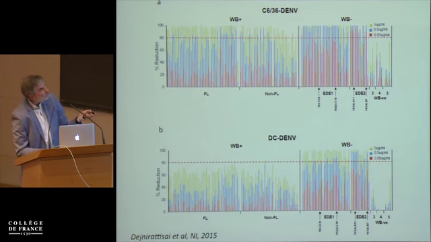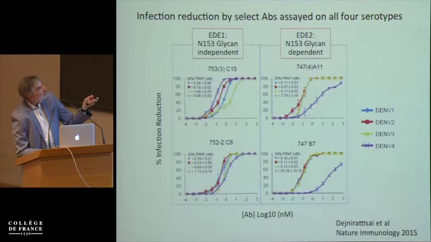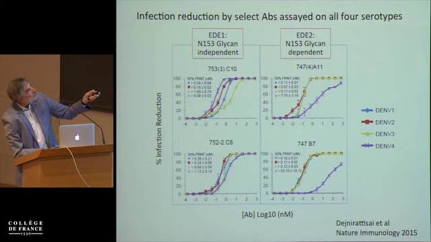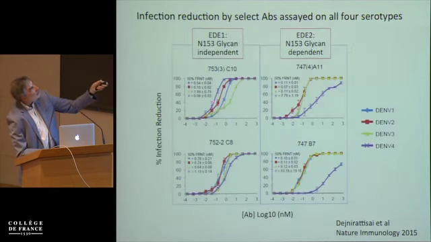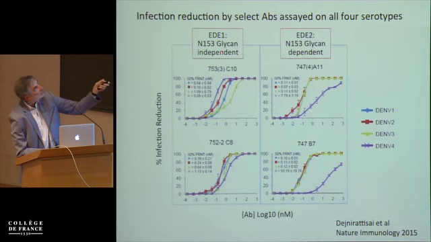On top of that, this was with dengue 2. They could neutralize all 4 serotypes. 0 here means 10 to the 0 in nanomolars. It's quite a potent antibody for all the 4 serotypes, as described here. There were 2 classes, which I was showing, EDE1 and EDE2. The only difference is the requirement for a glycosylation site at this position, 153.